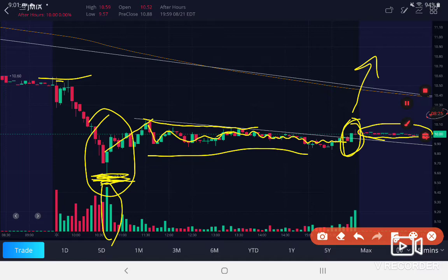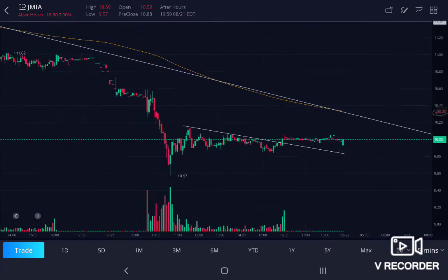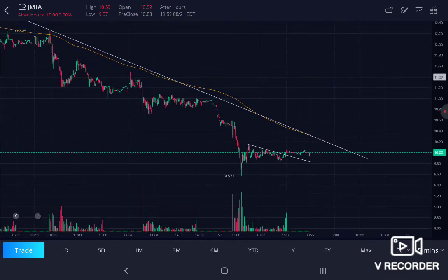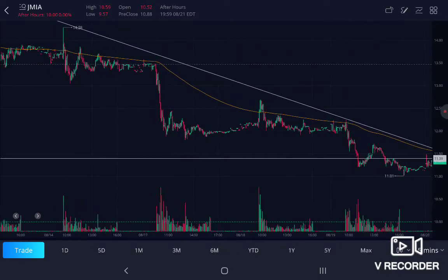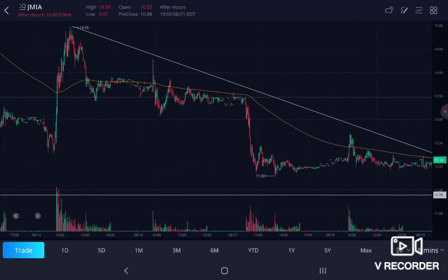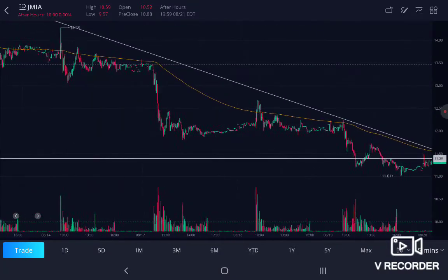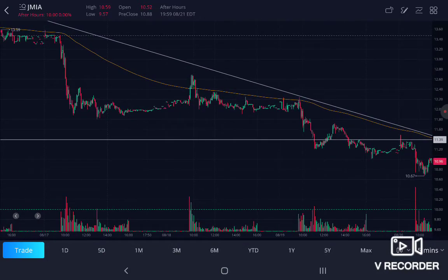I just want to pan out before I end and show you that in all these previous days, there wasn't a bottoming candle like that anywhere in that downtrend. It was pretty much just straight down from 1496 there. You don't see much of a bottoming candle like that. You do see